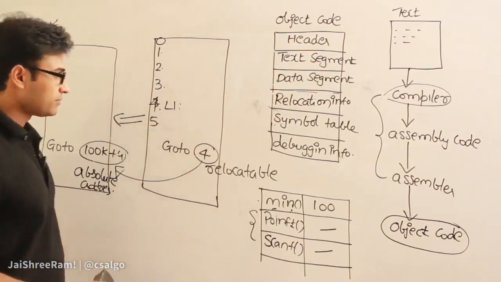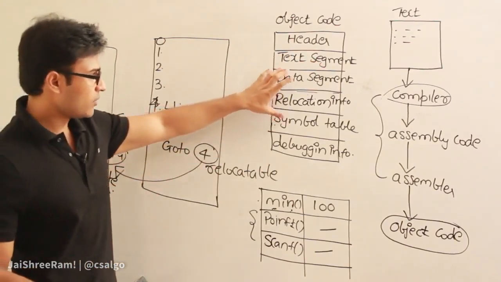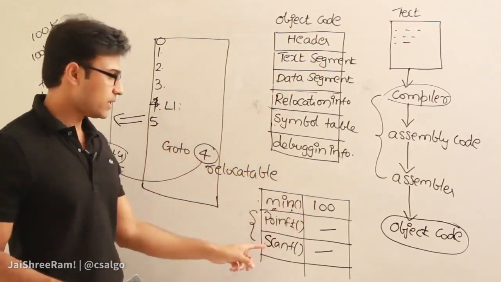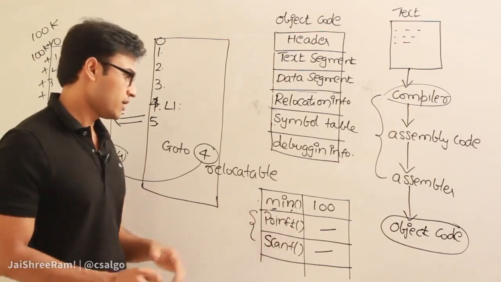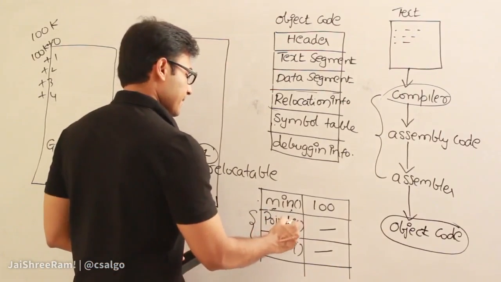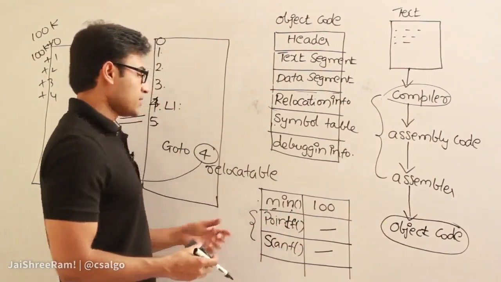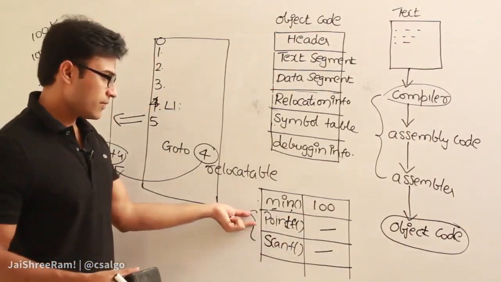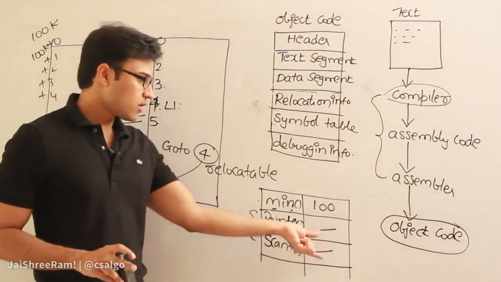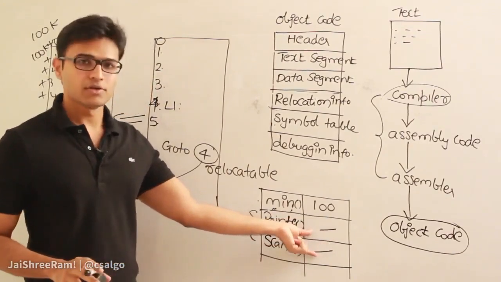Then what happens is before you try to run it, you are supposed to fix them. See, if there is a line called printf, then we should go to that corresponding line number, but then we don't know where to go. Therefore you have to resolve it. So unresolved symbols, all of them have to be resolved before you